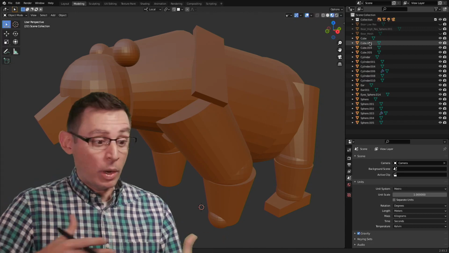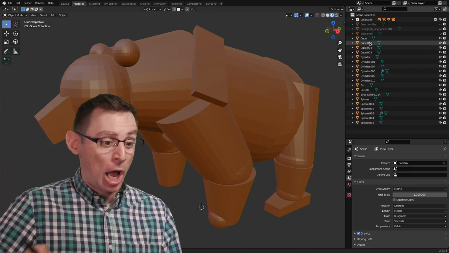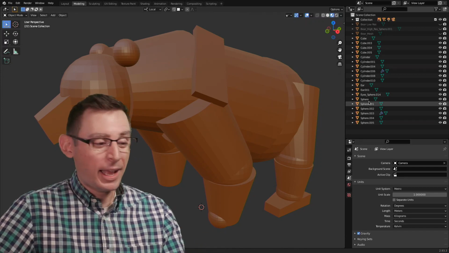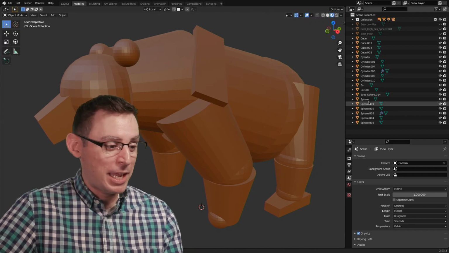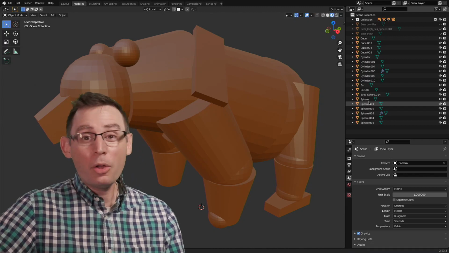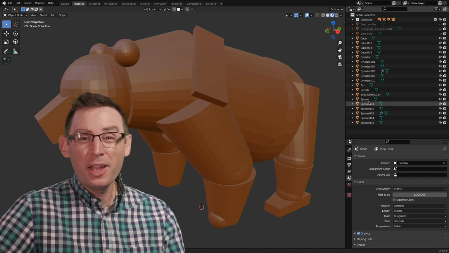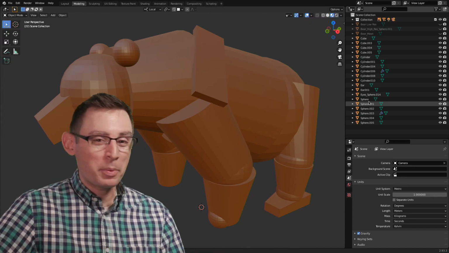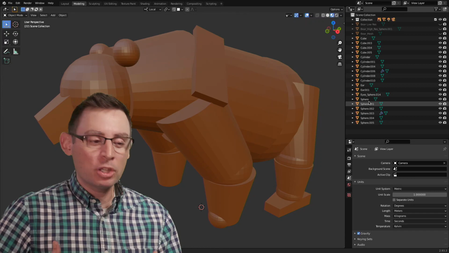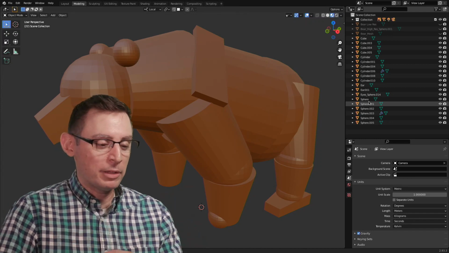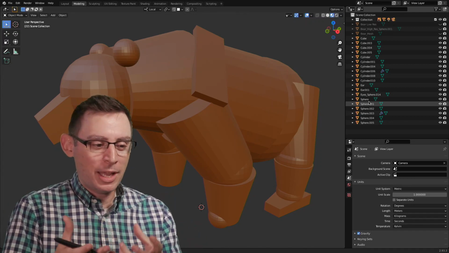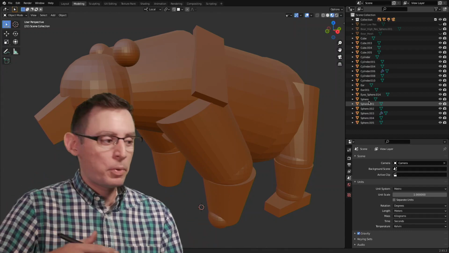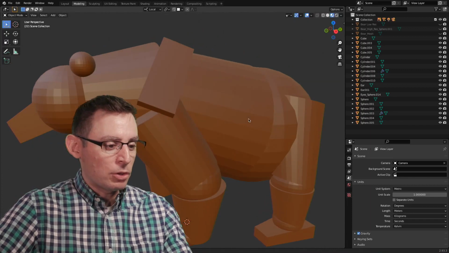Now, I certainly could go in and name each object, but man, there's at least like 20, maybe 25 of them in there, and I really don't care about their names at this stage because this is just the blockout model. All of this is going to be remeshed anyways, so going in and naming each object seems like an unnecessary step, but I would like to have some organization inside of my outliner so that I can start to understand in the big macro view the purpose of all of these objects and what role they play in the sculpture itself.